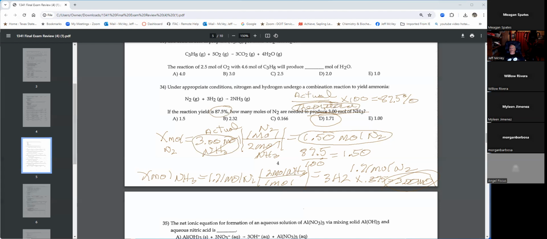So really, what I'm doing here is I'm multiplying both sides by the theoretical. That's times the theoretical over here. This is going to cancel over here. So that gives me actual times 100,